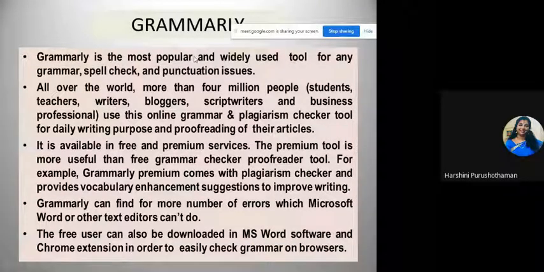Grammarly is the most popular and widely used tool for grammar, spell check, and punctuation issues. Of course, if you ask any person what language tool he uses, the first thing that comes to his mouth is Grammarly, because it has wide popularity, and even when you open any YouTube channel, there will be advertisements going on for Grammarly. All over the world, more than 4 million people, students, teachers, writers, bloggers,